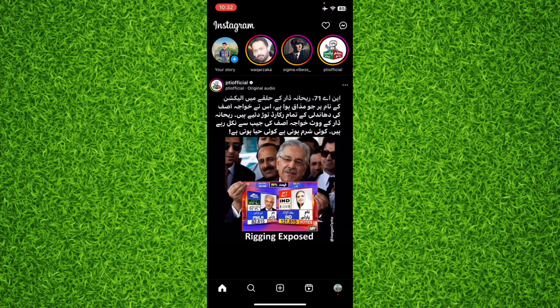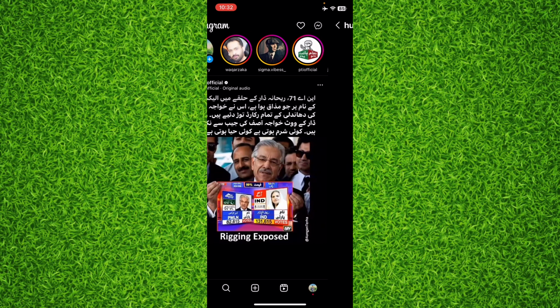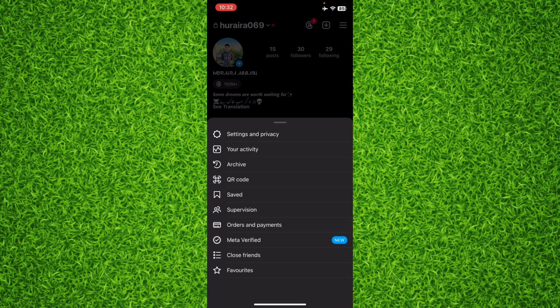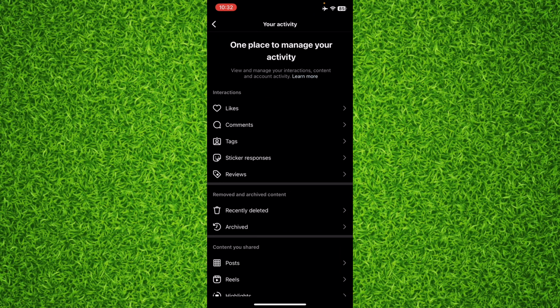and then tap on your profile on the bottom right and your three lines on the top right to head over to the menu. Now once you're on this page, you'll have to tap on your activity just below settings and privacy, and it will take you to this page, and right in the removed and archived content section you'll find an option of